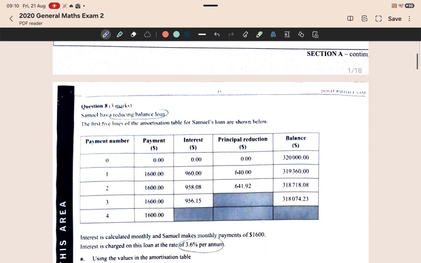Question 8 gives you a reducing balance loan, and the 5 lines of the amortization table is given. Interest is calculated